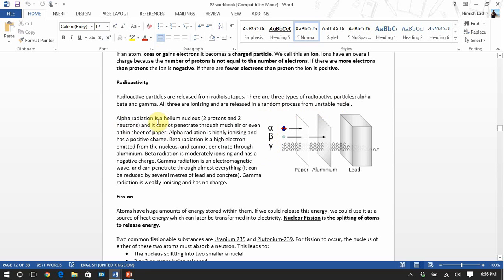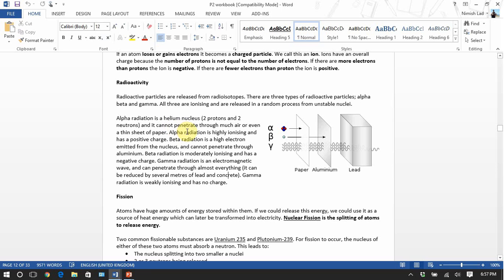The first heading I would have is type of radiation. Then I would have what it's made up of. Then I would have charge. Then I would have mass. Then I would have ionization. And then I'd have penetration. So to go through those again, I'd have type of radiation, what it is or what it's actually made up of, charge, mass,